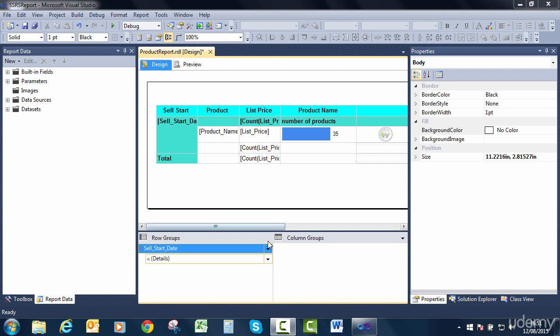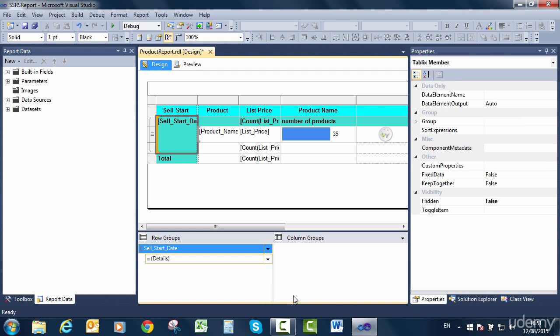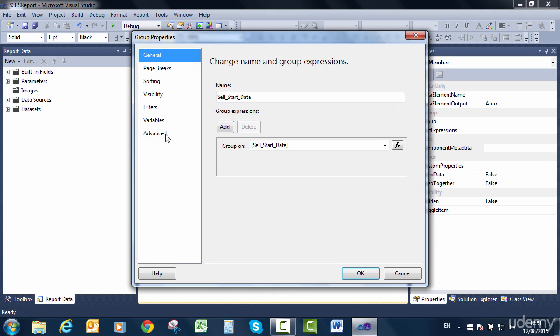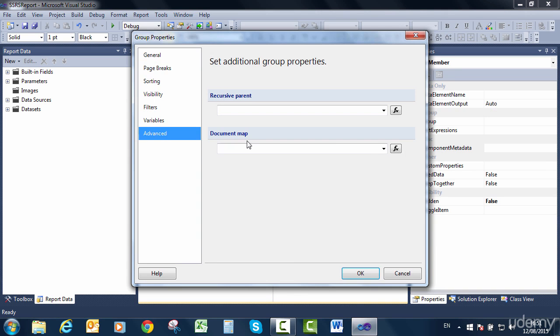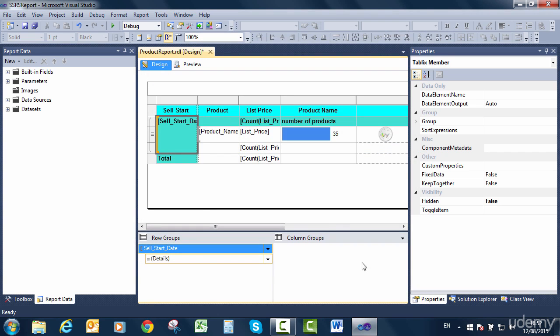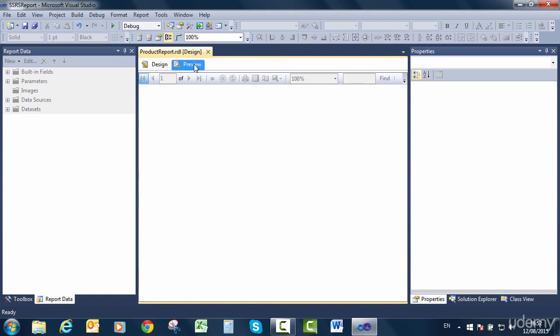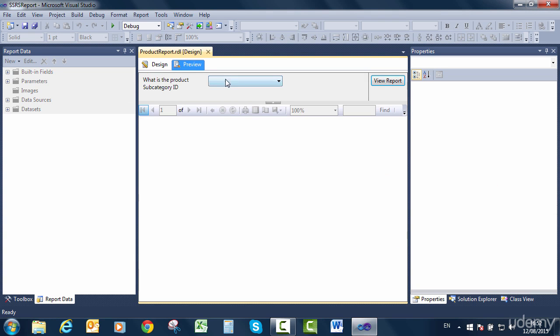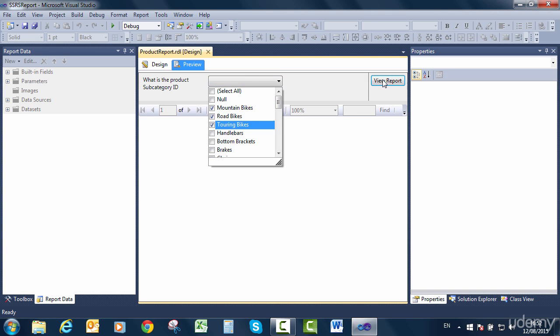So here's how you create it. In the row group, go to Group Properties and go to Advanced. We have Document Map here. Select the category you want to include in the document map. So here we have the start date, and click OK. Let's go to Preview. So we'll select the mountain bikes, road bikes and touring bikes,